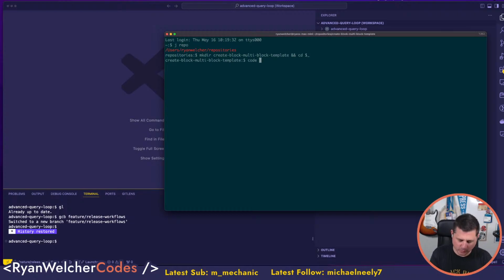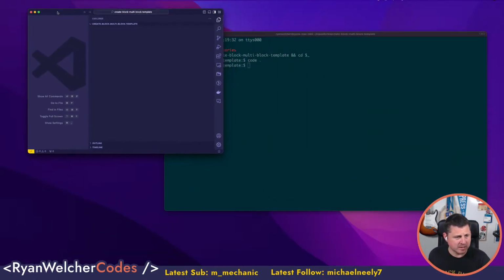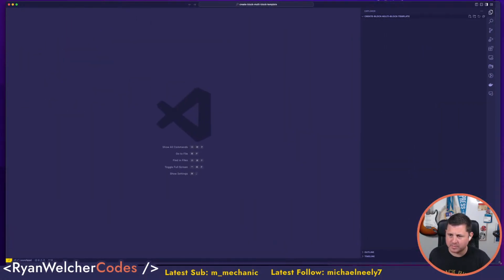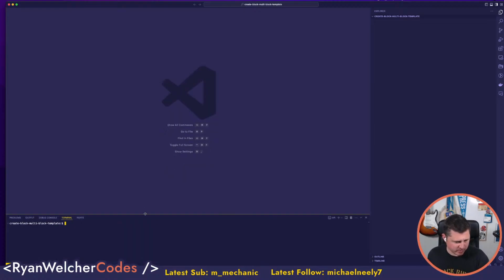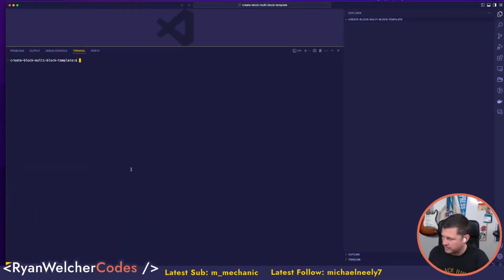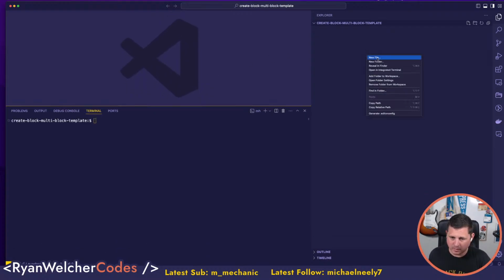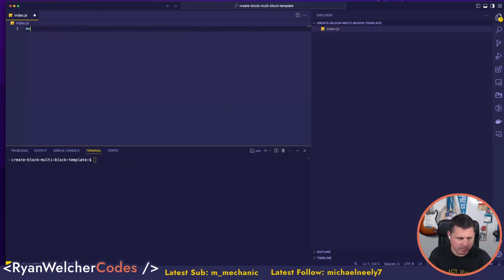I'm gonna open up a code window, as they say. I'm gonna get rid of this one, and I'm gonna do this. And we're gonna start building some stuff. So I can run my template down in here. So the first thing we need to do is create an index.js file. It's the first thing that we need to do. This will be our config, and I think it's a module